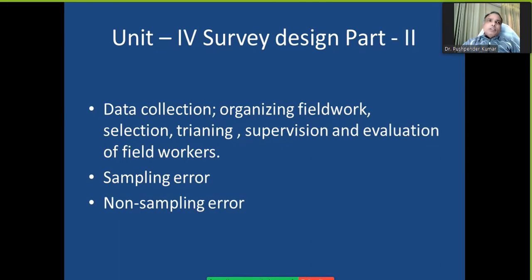So here we need to organize this field work. These people go to the field, they talk to people, but we need to train them in a sense that whenever they go outside and collect data, they need to take consent from each and every individual, that we are conducting this survey, and the survey is just for the purpose of academic activities, not for minting money at all.